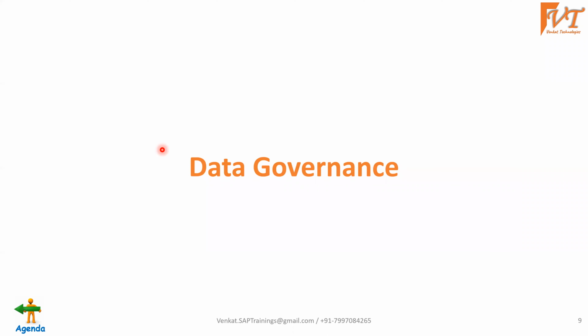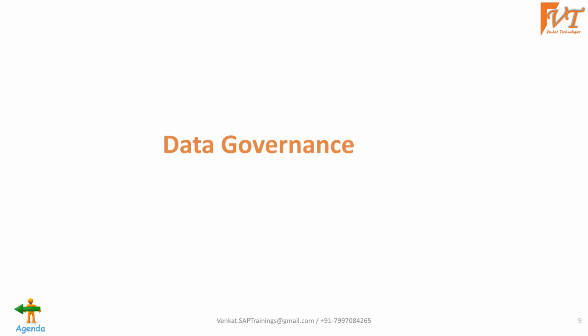So generally, everyone must be knowing the term government. So what is the government doing? They govern the people. They impose the rules. They impose the policies. They ask the people to follow that, so that everyone will be following that particular set of rules or principles. So likewise, if we impose some rules on the data, we'll impose some principles. So with that, we are going to govern the data. We are going to govern the master data so that we can maintain some consistency. We can maintain the reliable and accurate data.